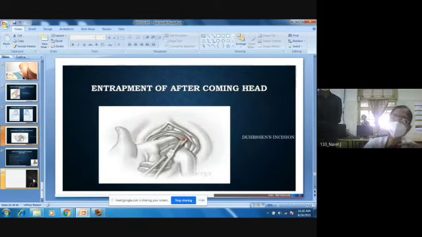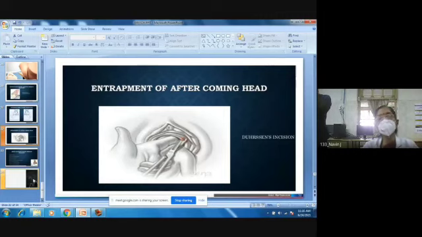Sometimes, especially in a preterm breech, the small body of the baby will easily slip out even before the cervix becomes fully dilated. At that time, what can happen? The baby's head can get entrapped in the undilated cervix. So what do you do for that? That's called the entrapment of the after-coming head. It is very common in a preterm breech. You have to give an incision. You have to cut the cervix at the 4 o'clock or 8 o'clock position. That's called the Duhrssen's incision. You cut the cervix and deliver the entrapped fetal head. So that is called entrapment, common in a preterm breech. That's why in preterm breech, many people advocate doing a cesarean section to avoid entrapment.